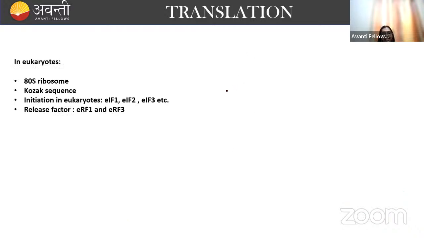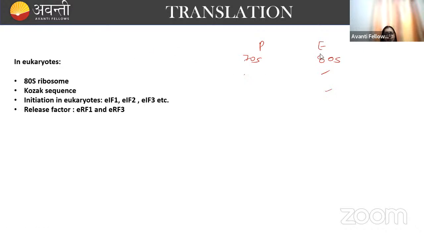Translation in eukaryotes differs from prokaryotes. Number one, in prokaryotes there's a 70S ribosome, but eukaryotes have 80S ribosomes, right? Prokaryotes have the Shine-Dalgarno sequence, which acts as a ribosome binding site. In eukaryotes, the ribosome binding site is the Kozak sequence. And the factors differ in eukaryotes. Okay, they have